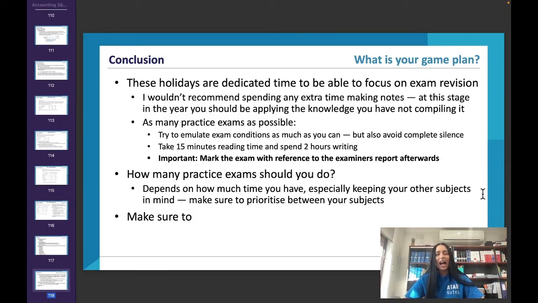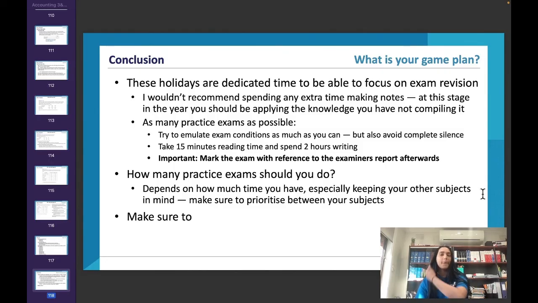I cannot stress how important memorizing the key definitions is to your exam. Not just the indicators, also the definitions of the accounting elements: asset, liability, current asset, non-current asset, current liability, non-current liability, owner's equity, the definition of a revenue, the definition of an expense, all of that. Memorizing the definition of qualitative characteristics and accounting assumptions. It's so important, and having them memorized is such an easy way to get easy marks